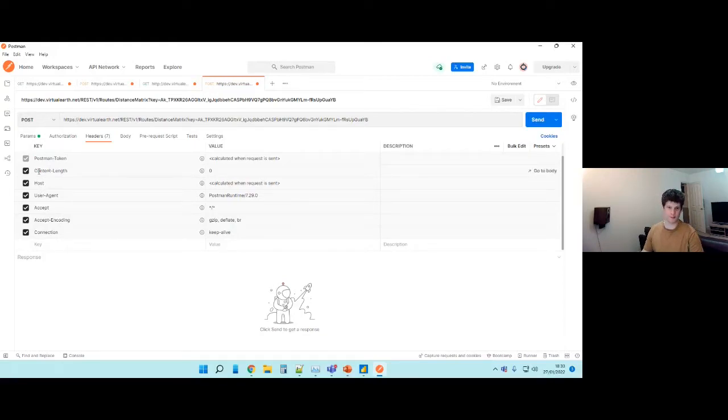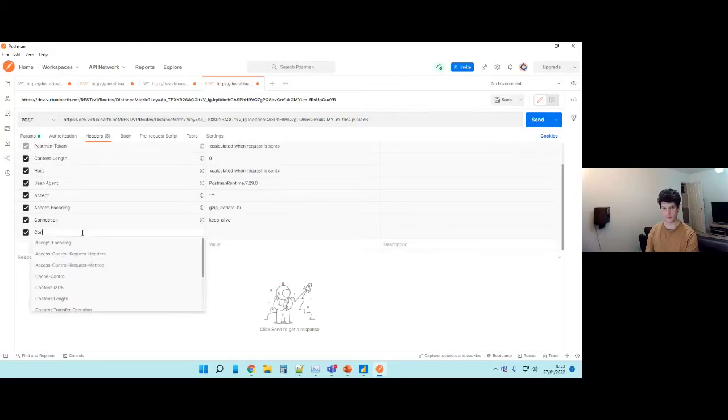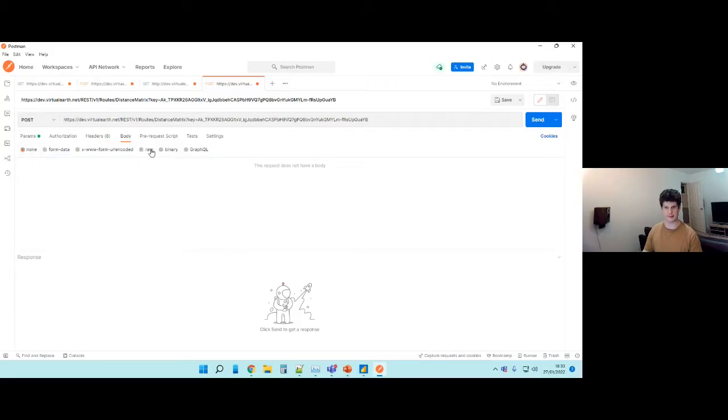Both Postman and Power Query will generate the content length automatically. It will look at what you're submitting and figure out the right value. So you don't have to worry about content length, but you do have to worry about content type, because you need to tell it you're going to be sending a JSON payload. Then it's as simple as sticking a payload in this part of the interface here. I have something I saved before, which will make it a bit simpler. And then if I submit that,